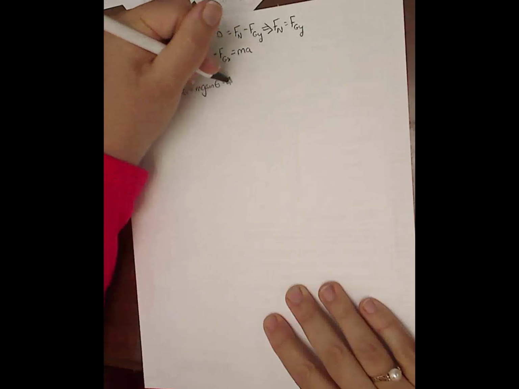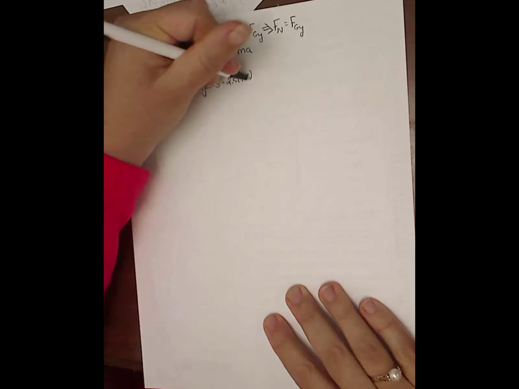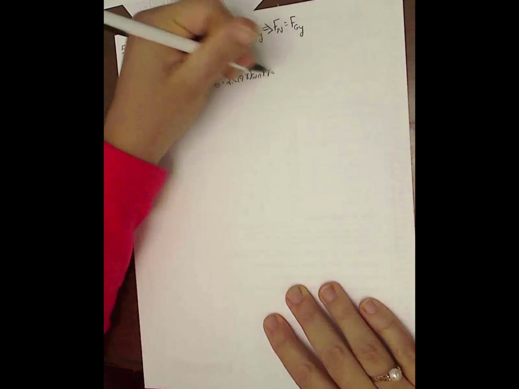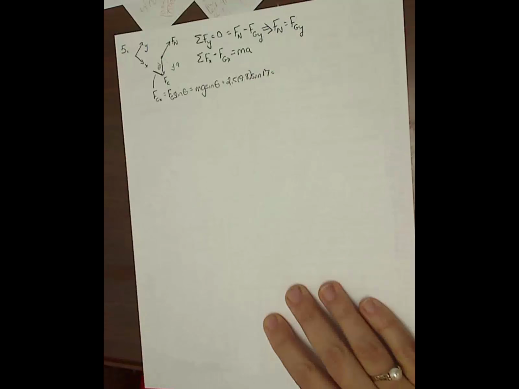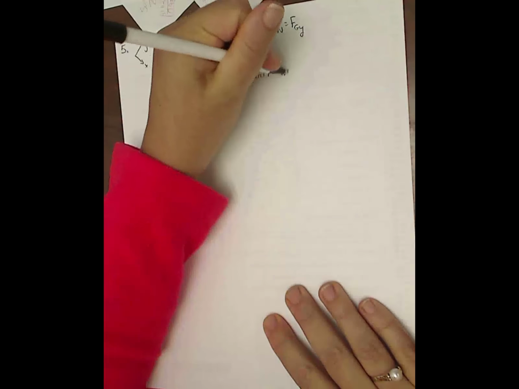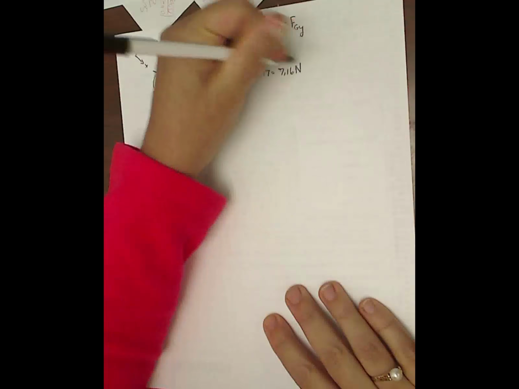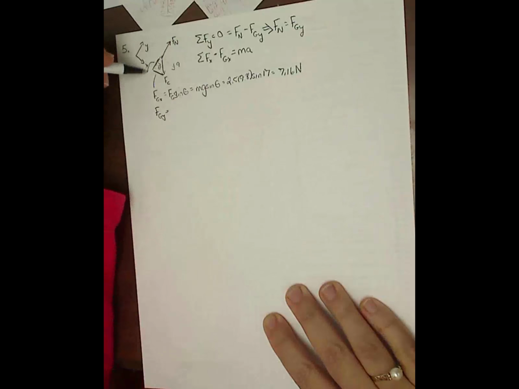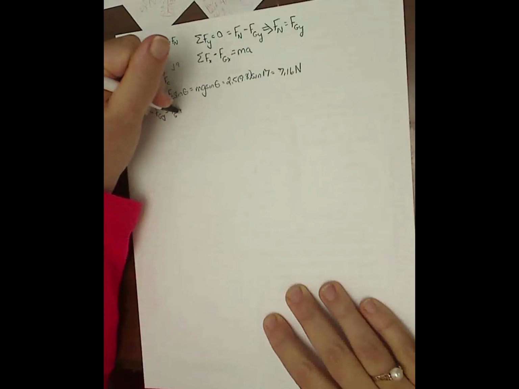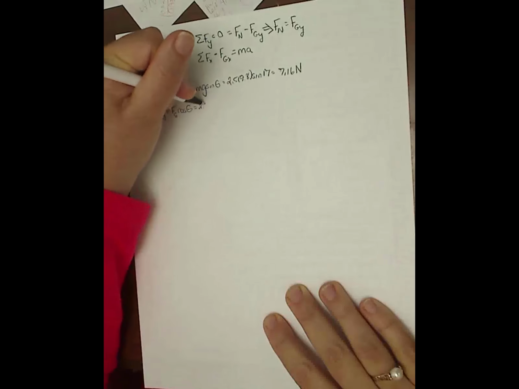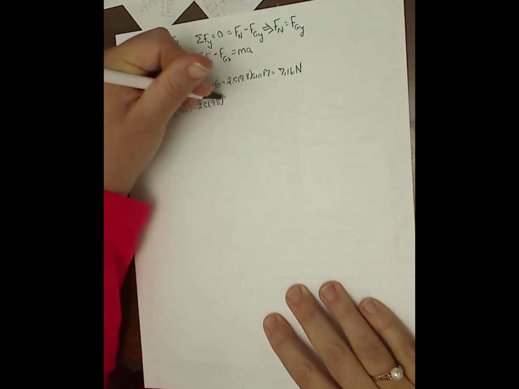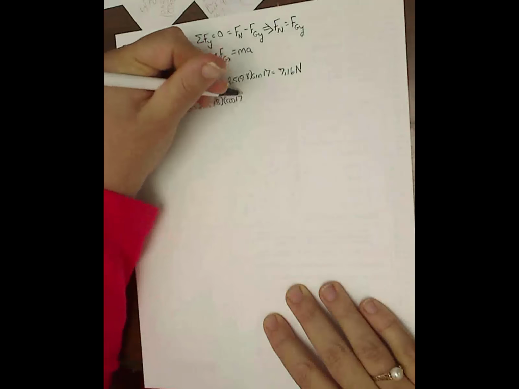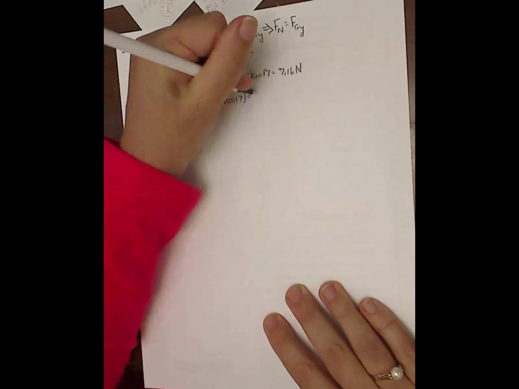So 2.5 times 9.8 times the sine of 17 degrees. Remember we said all our masses were going to be 2.5 kilograms, all our angles 17. And so I get 7.16 newtons. Fgy is going to be this side of the triangle over here. Fgy is adjacent to the angle, so it's cosine. So it's going to be 2.5 mass times g, 9.8, times the cosine of 17, which is 23.43